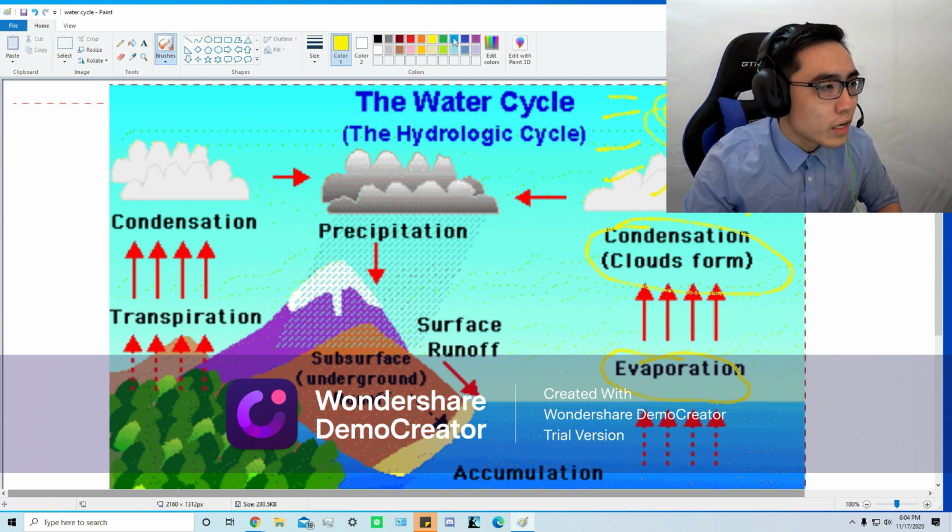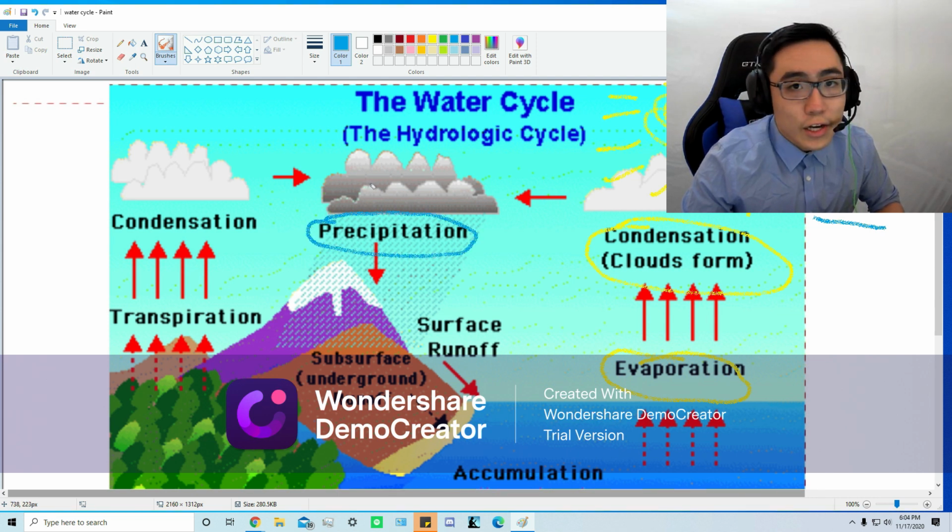So let's see the cloud right here. Let's say there's some wind. I'm going to draw some wind. It's blowing it this way. And then we can talk about precipitation. So let's say the cloud's been up there for a really long time and it's been getting more and more water. What do you think would happen if it gets super, super heavy?